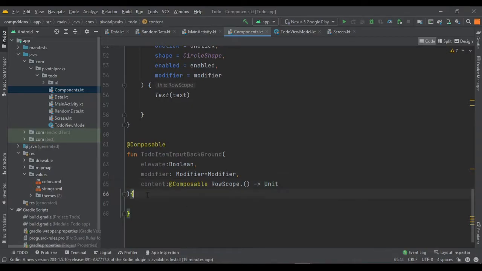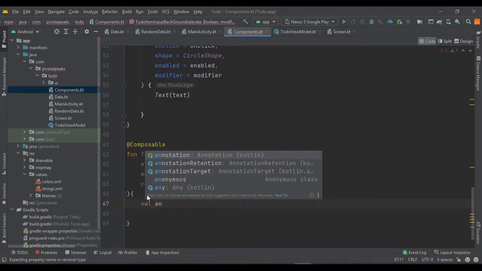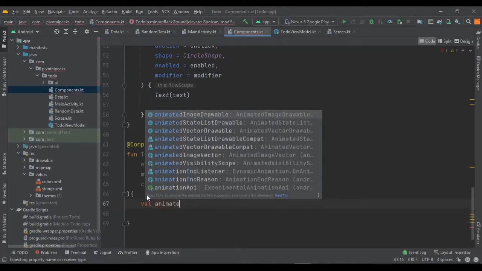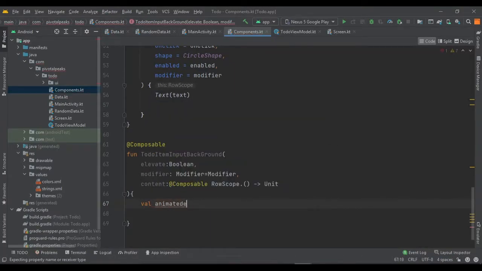Now let's create our animated elevation. For that we need to create a value for animated elevation.